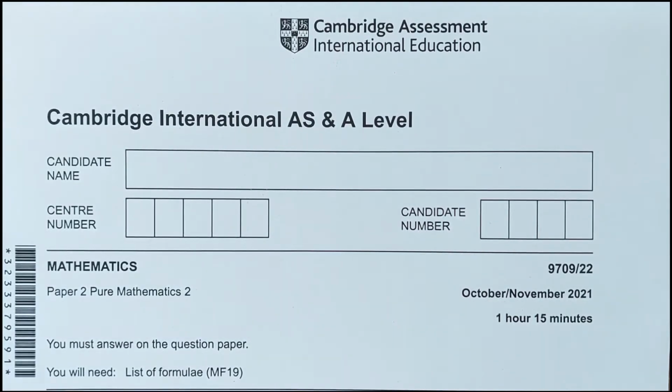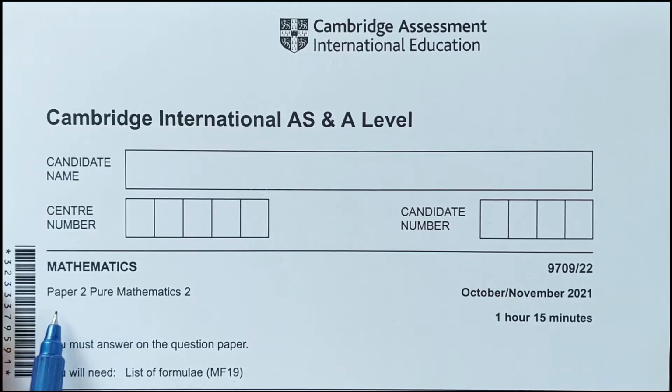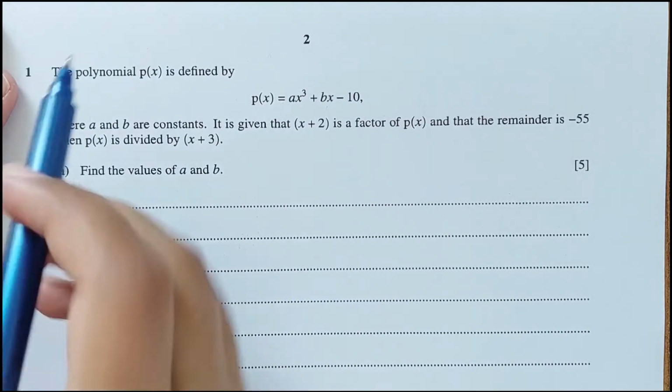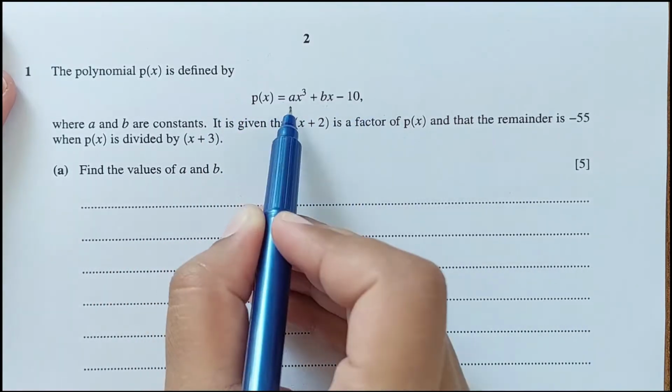Hi everyone, in this video I'm going to solve A-Levels Pure Mathematics Paper 2, October-November 2021, Paper 2-2. So let's start with the first question. Question number 1. The polynomial p of x is defined by, we have p of x in terms of a